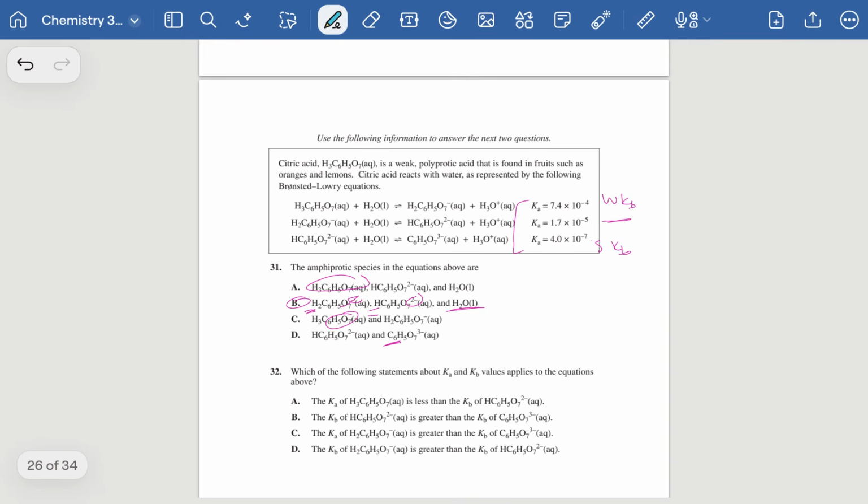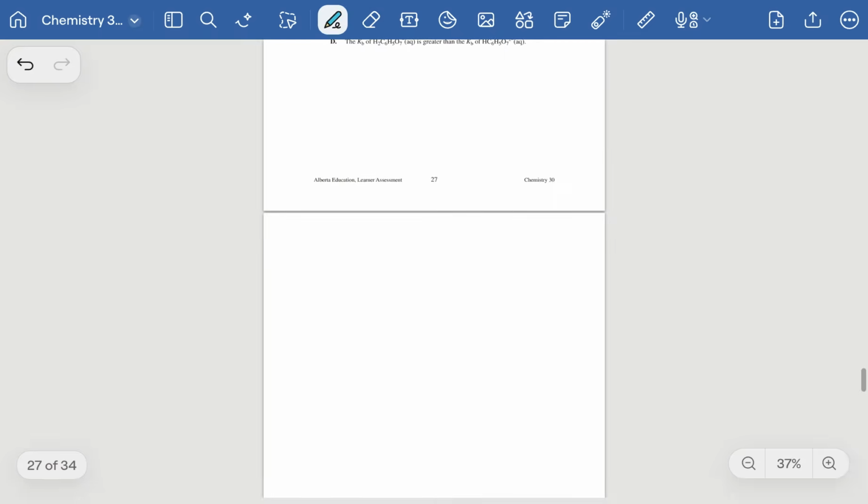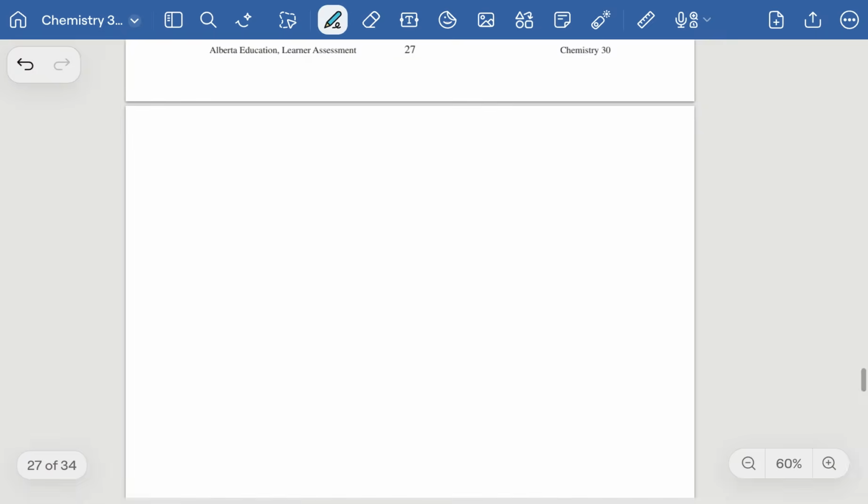But if we have that general theory, we would see that the answer is C, that your Ka of H2C6H5O7 negative, this one here, is greater than the Kb of the bottom one. Sorry, I looked at the wrong one. Kb of the middle one, C6, the top one. Again, you can actually calculate those Kbs if you wanted to, but if you could figure out that order,